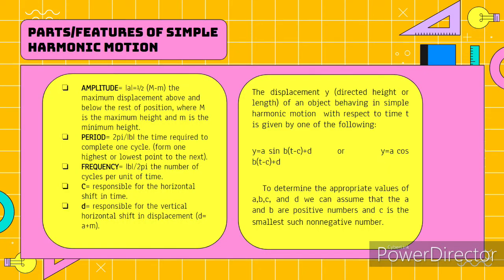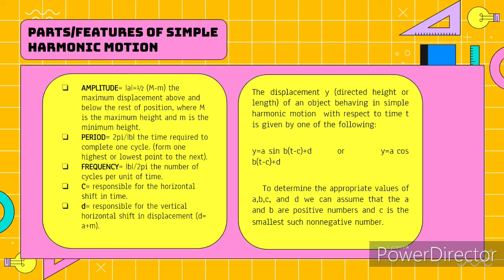Parts or features of simple harmonic motion. The first one is amplitude. The absolute value of a is equal to 1/2 of capital M minus m, the maximum displacement above and below the rest position, where capital M is the maximum height and m is the minimum height. The second one is period, 2 pi over the absolute value of b, the time required to complete one cycle,